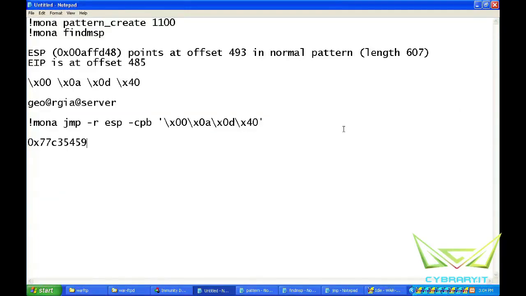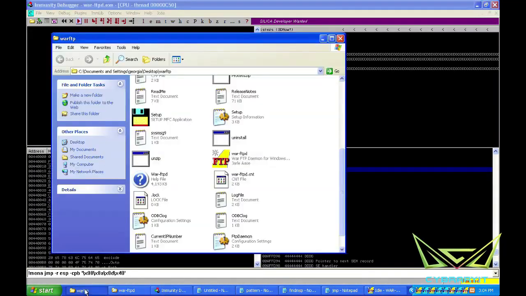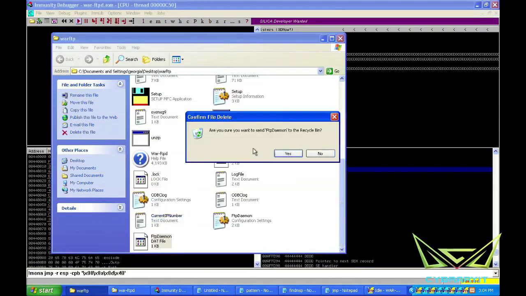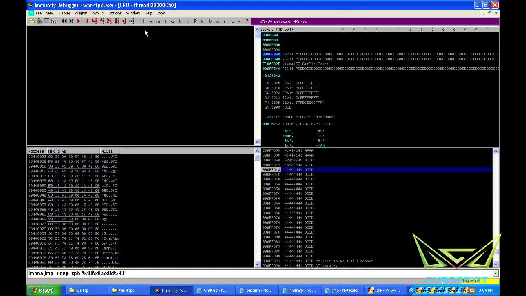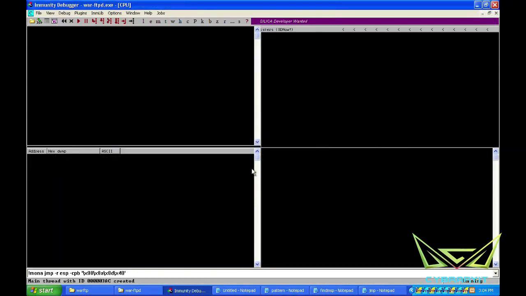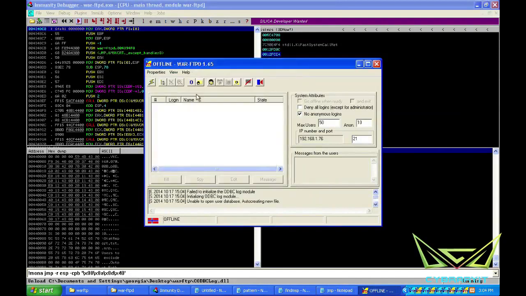Alright, so let's go ahead and restart. It is still crashed. So if we come over to Immunity, let's get rid of that ftpdaemon.dat. And then if we go to Debug and Restart, it should open up by itself now. Sure enough, it does, with the lightning bolt. And if we come over to our Kali,